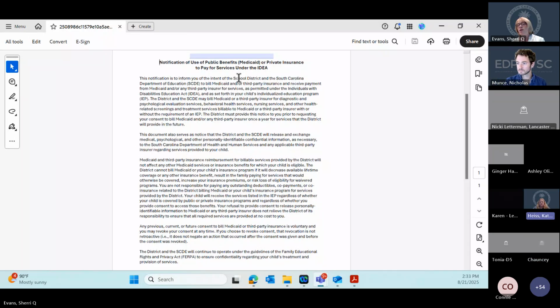We have this one in the resources widget of EdPlan for your convenience if you need it. You're also welcome to take the content and put it in another application if you wanted to do a merge with student names. That's totally fine. OMS is going to upload this same form on their website as well, if they haven't already. Any questions about the form? And again, this is the annual notification, not the Medicaid consent.